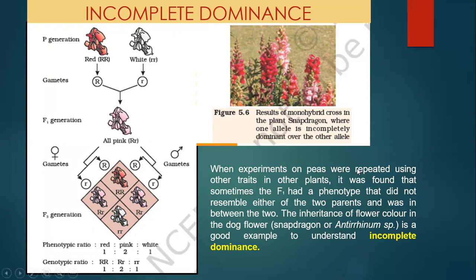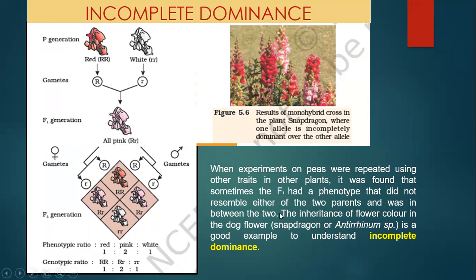But when the experiments performed on the pea by Mendel were repeated using other traits in other plants, it was found that sometimes the F1 progeny has a phenotype which was intermediate between the two parents,